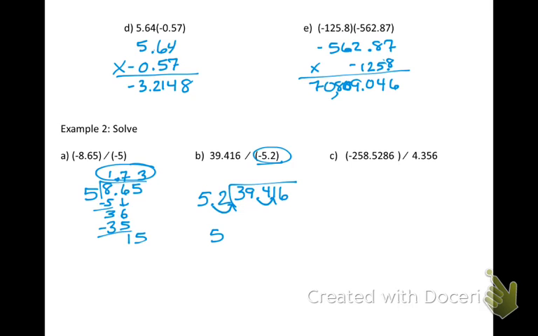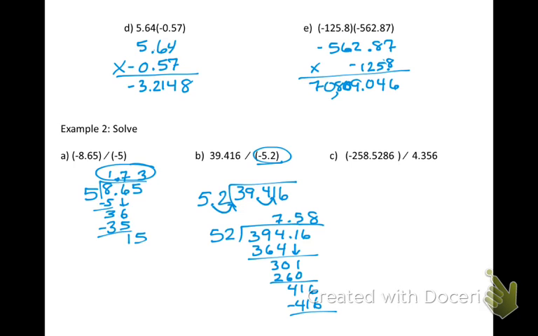So now it's 52 divided by 394.16. And then you're going to divide. Alright, so I did the long division. And it is 7.58. Now, we have a positive divided by a negative makes it a negative